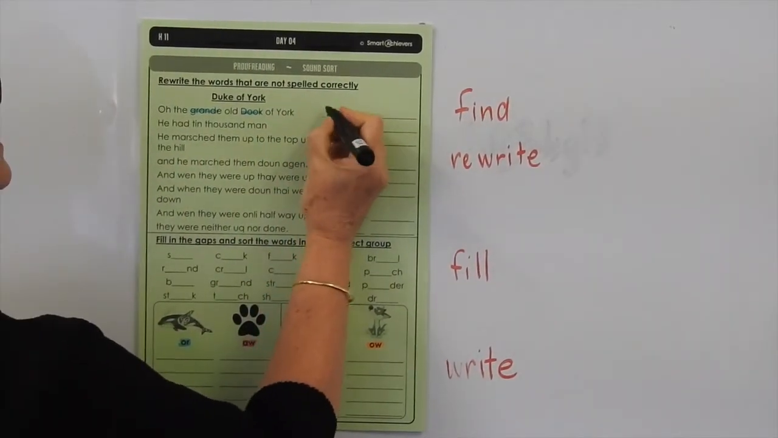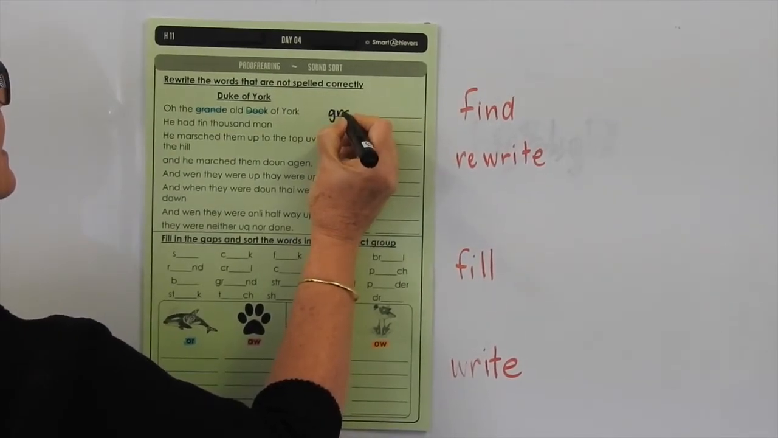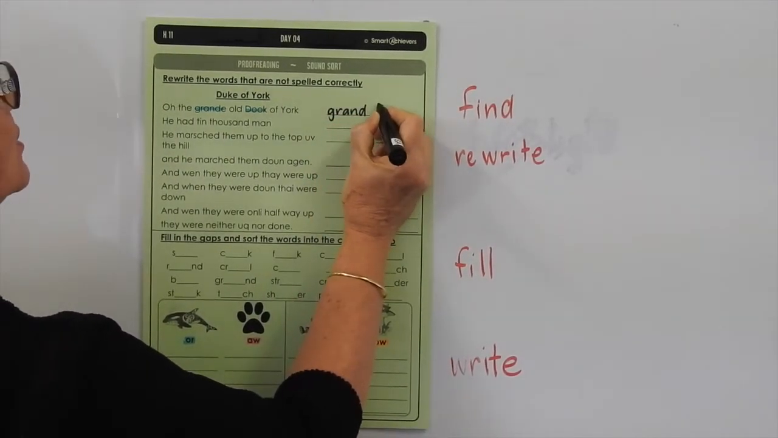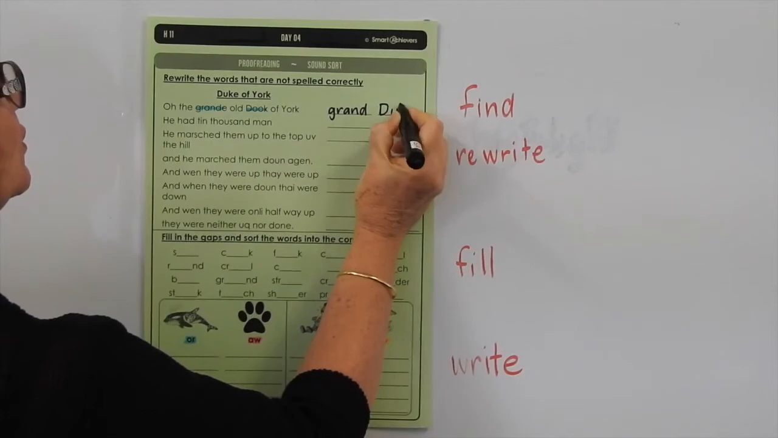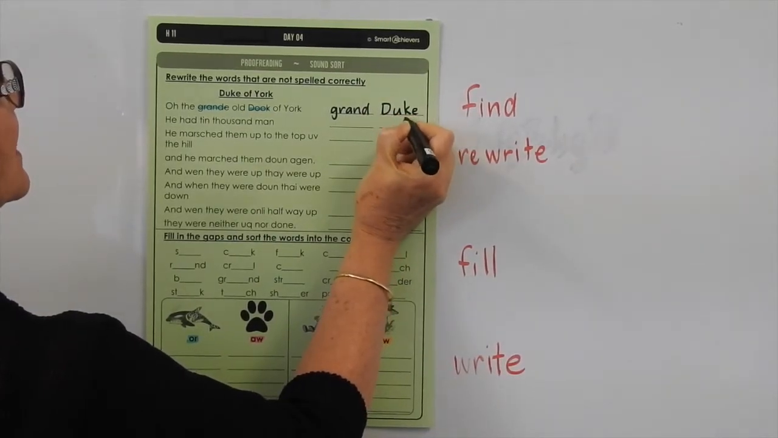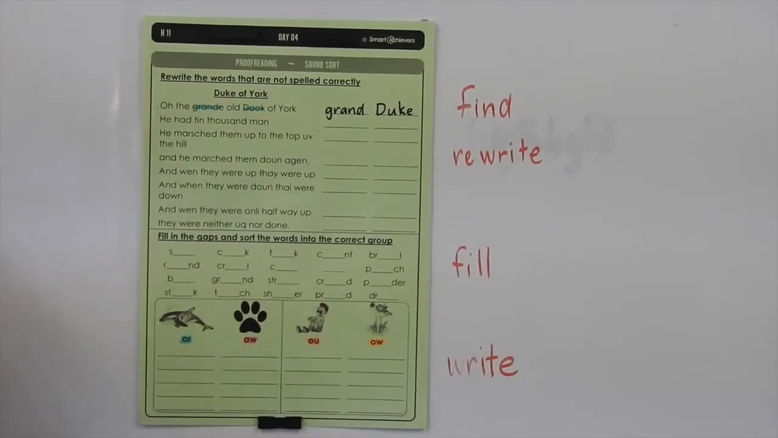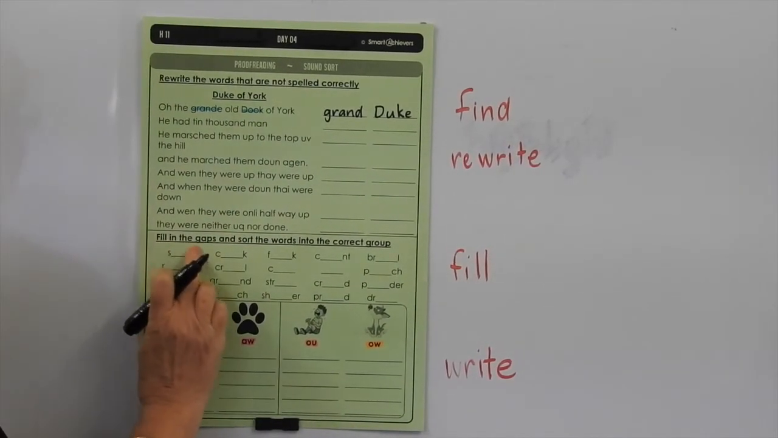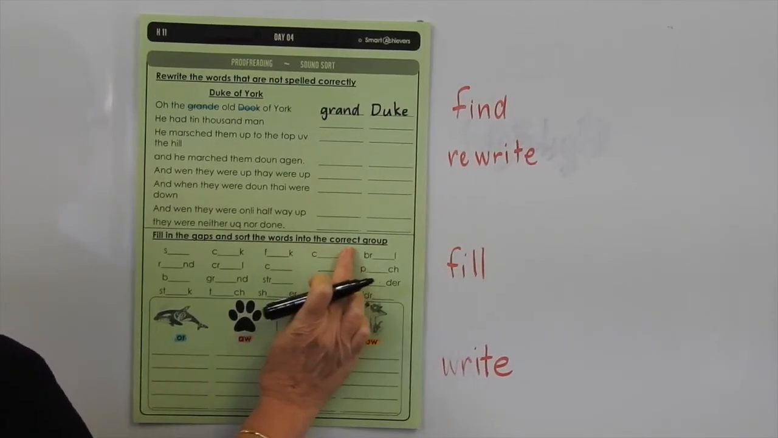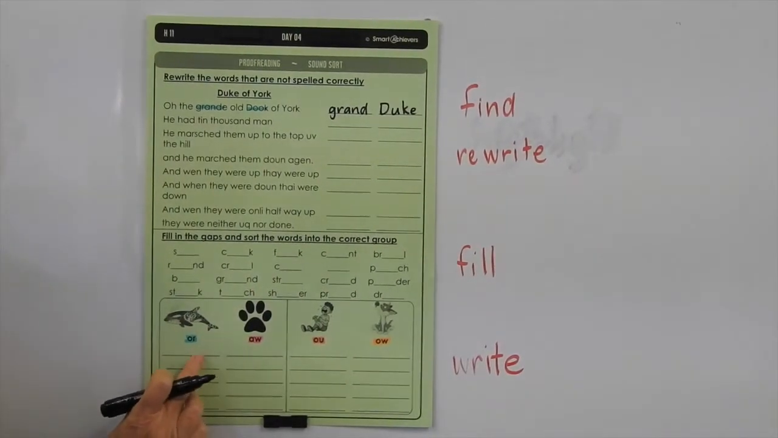So grand, of course, doesn't have an E on the end of it. And Duke, we've got D, U, K, and the E makes that U make its long sound. So you can finish the rest of that on your own. Down the bottom you have to fill in the gaps and sort the words into the correct group. So here are your sounds. You've got